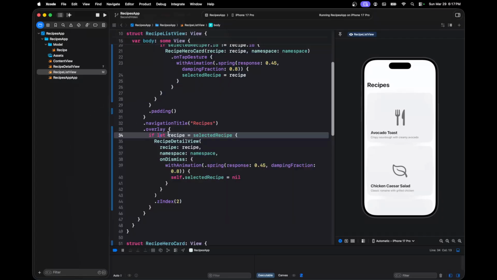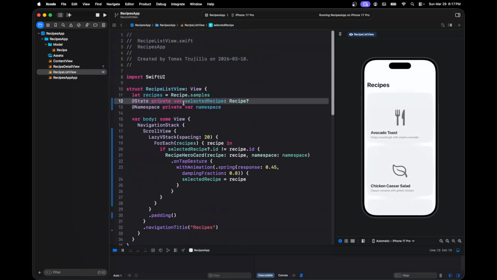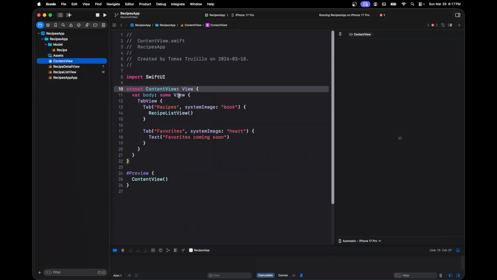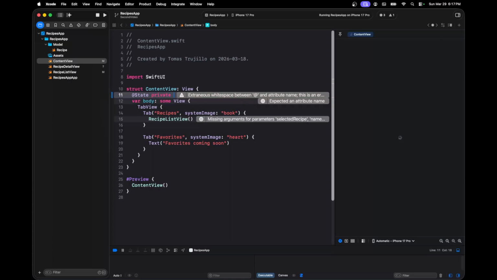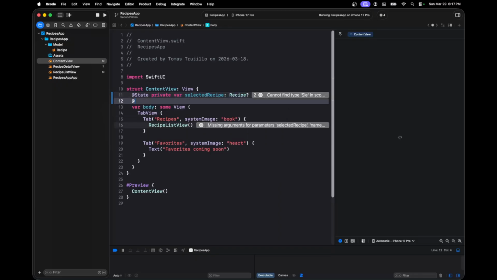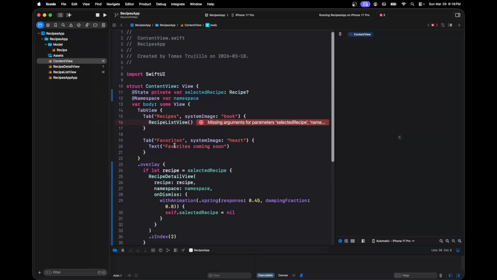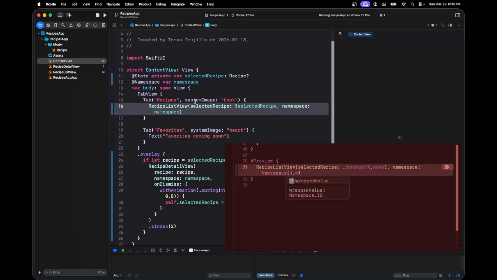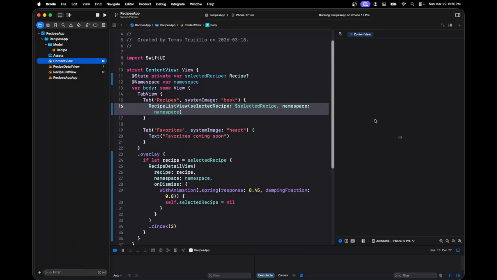So what we're going to do is move this overlay outside. Now if we go to our content view,